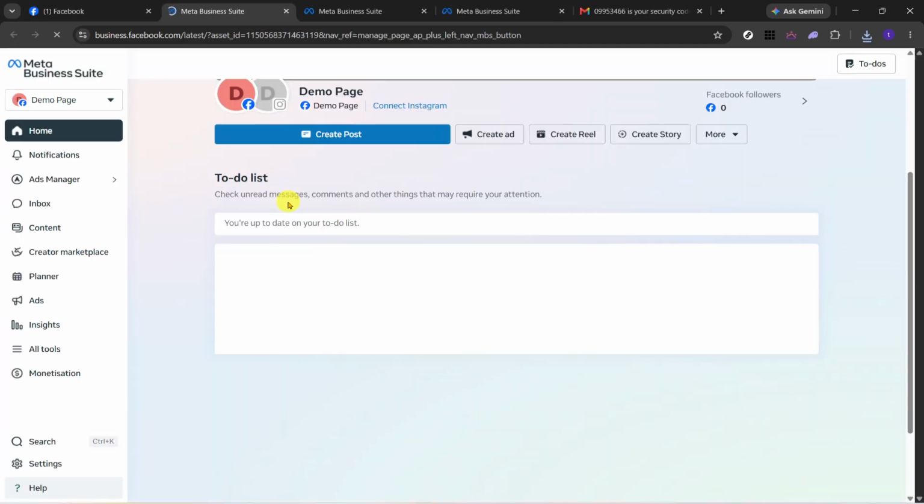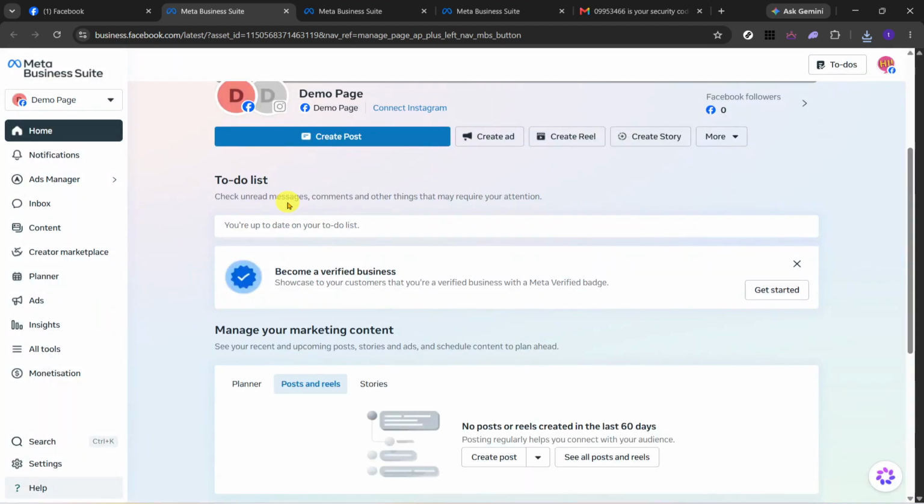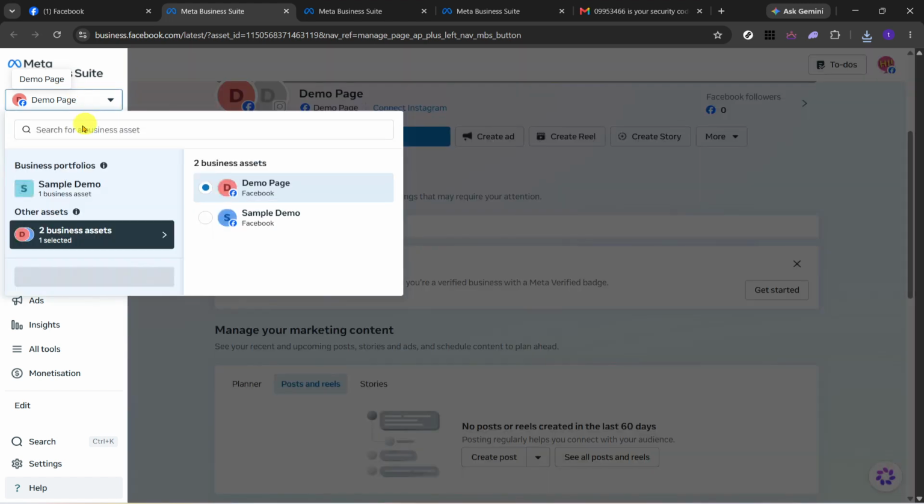This will take you into the business management area connected to your Facebook page, where page settings and permissions can be managed more directly. If the page takes a moment to load, just give it a few seconds before moving on. When Meta Business Suite opens, go to the top left area of the screen and click the Portfolio drop-down